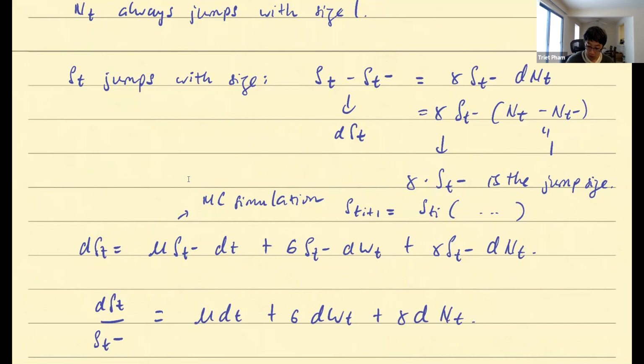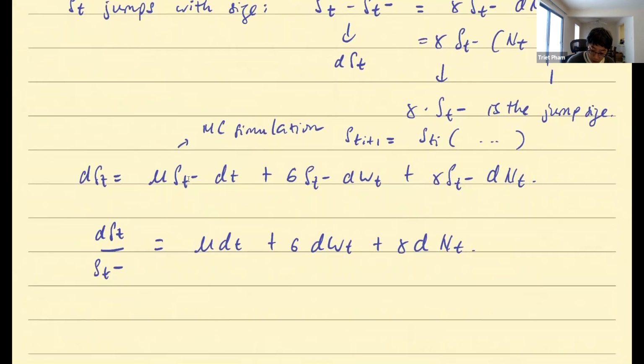Okay. So what have I done? This can still be viewed as percentage return, right? Percentage return. Okay. Maybe I forgot to mention this, but when you deal with jump process, it's very helpful